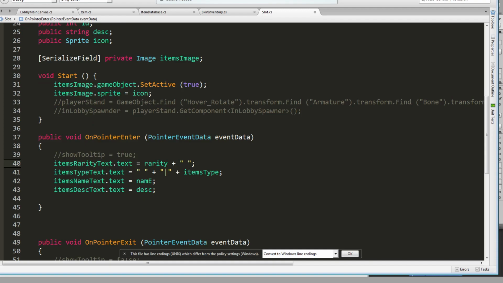So inside this function, I have item rarity text dot text equals rarity plus